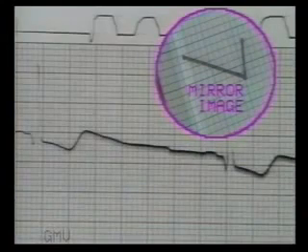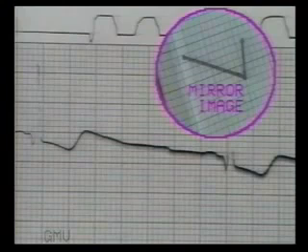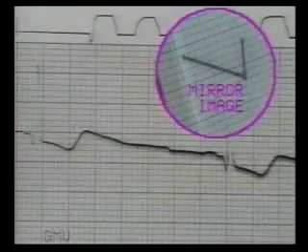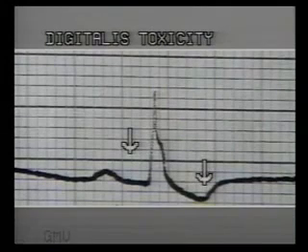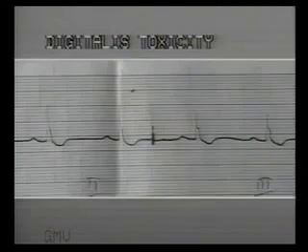The ST segment takes an angled downward slope and rises steeply upwards to join the T wave. The T wave is flat. It is best seen in leads with a prominent R wave. The inset shows the mirror image. In this ECG, note the characteristic ST depression with slow downward slope and steep upward rise. The T wave is flat and the PR interval is prolonged, indicating first degree heart block.